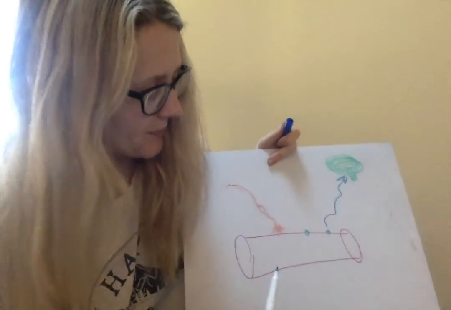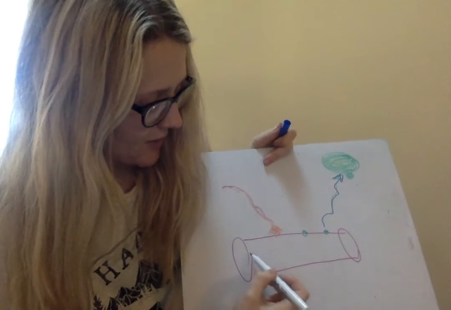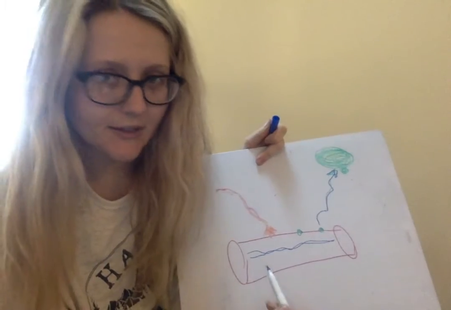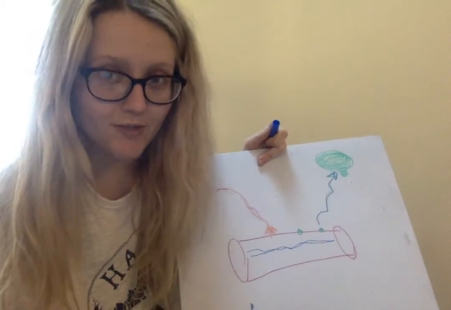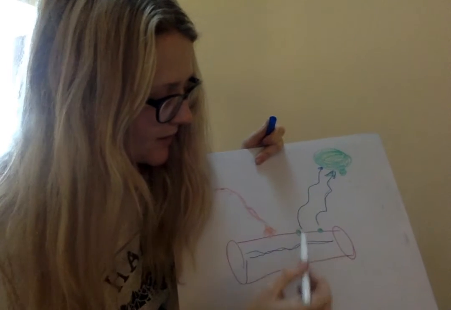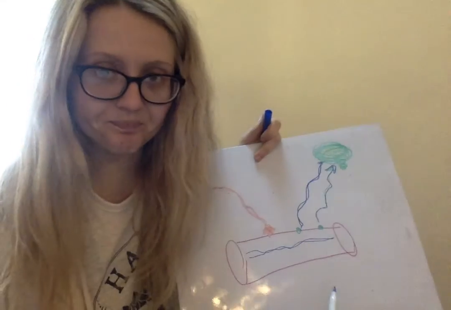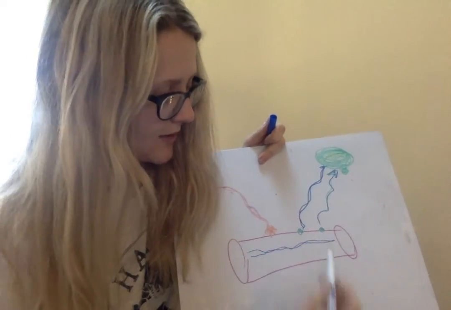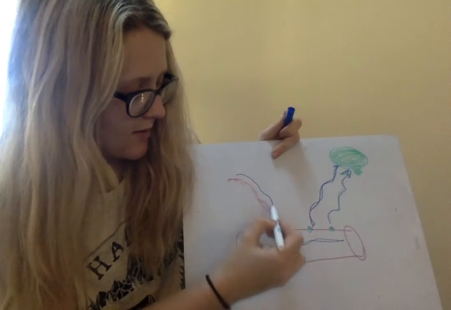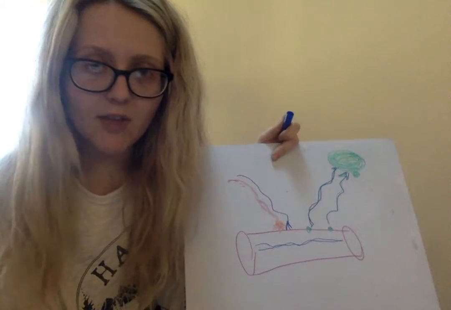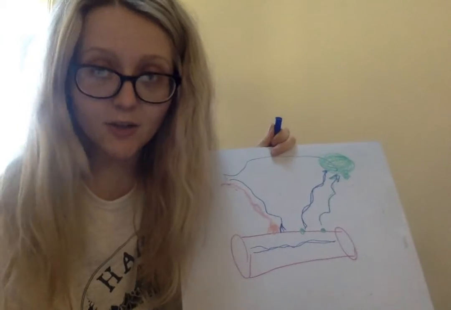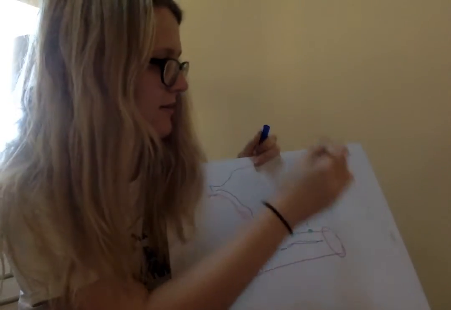And the brain is responding. So if the blood is up to here, and it's moving really slow because it doesn't have that peripheral resistance, then the baroreceptor is going to send that message along that afferent pathway to the brain. And it's going to do two things. The baroreceptor is going to cause more sympathetic stimulation. So it's going to cause vasoconstriction. And then it's also going to send a message